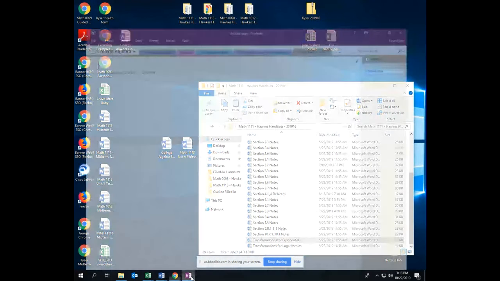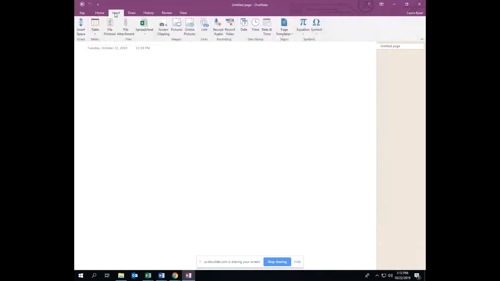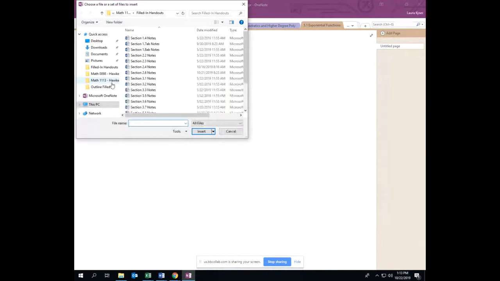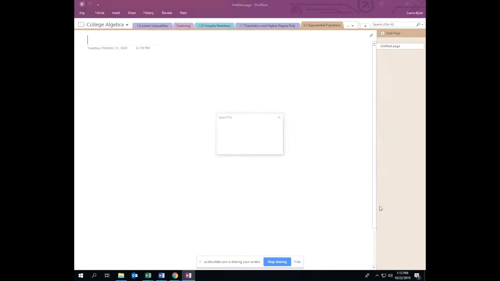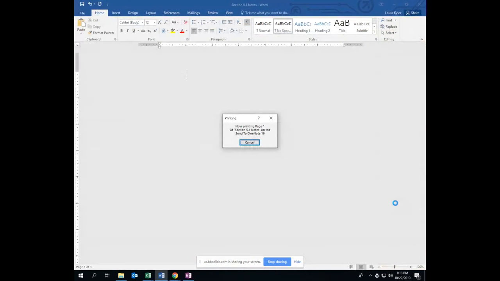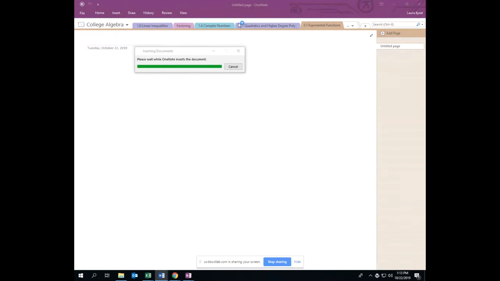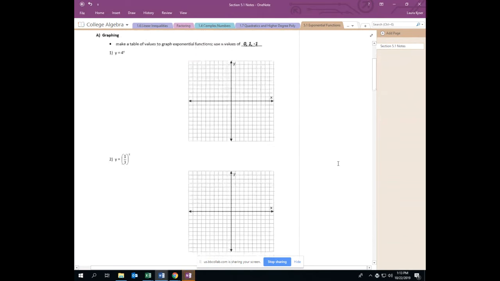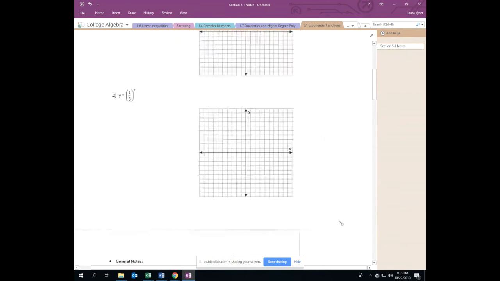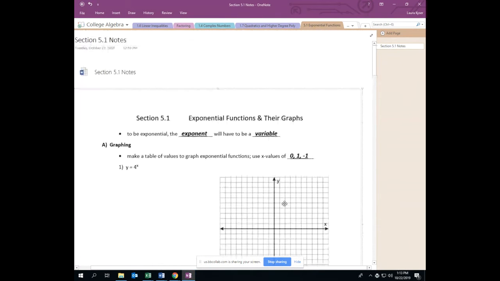And we'll go into OneNote and insert this, down in chapter 5. And so let's see. I'm going to be referring to another note sheet as well that's not going to be in OneNote, but I'll just kind of move it over whenever I want to talk about it so that you guys can see it